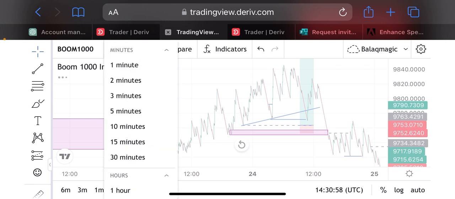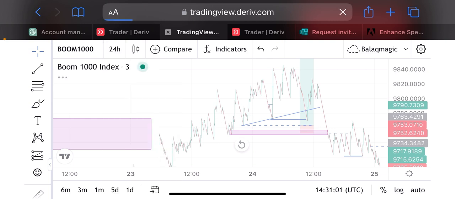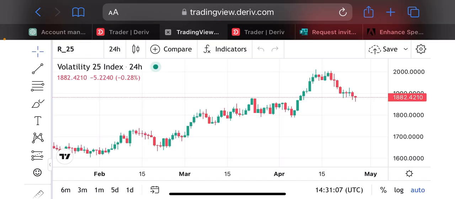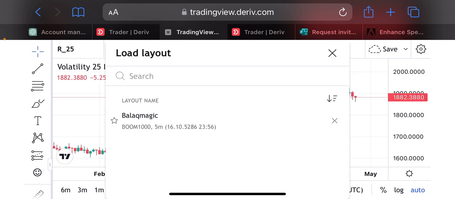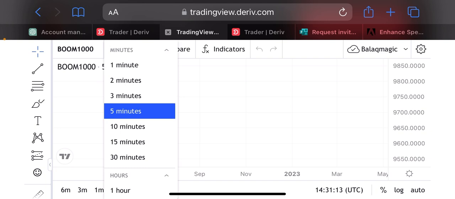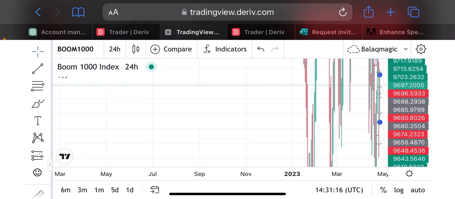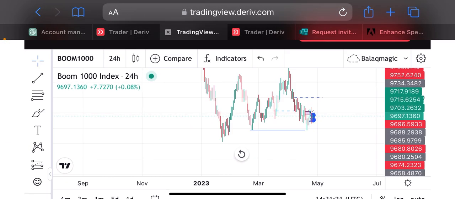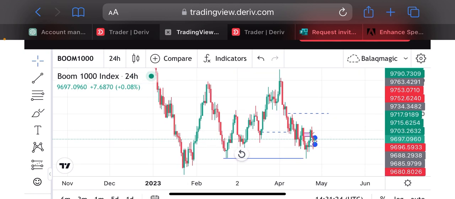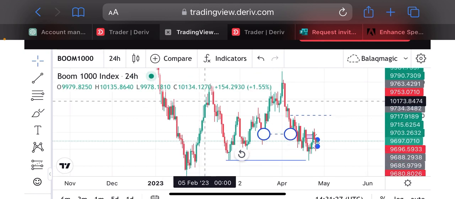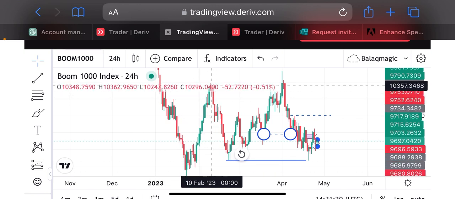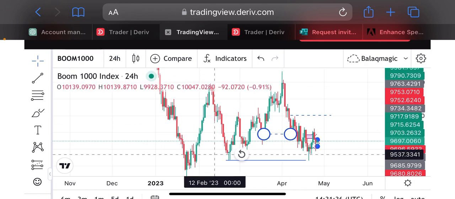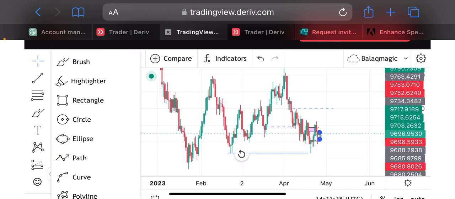First of all, I switch to my bigger time frame. What is happening? Give me a minute. So yeah, first of all, I switch to a bigger time frame. And then looking at this time frame, you're gonna see that Boom made an impulse to the upside, and then to the downside, and then another impulse to the upside, making from here,